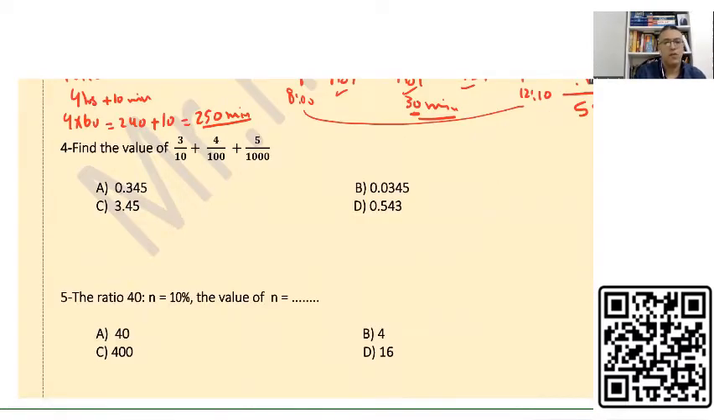Regarding question number 4, find the value of 3 over 10, 4 over 100, 5 over 1,000. So I have the decimal point, then 1, 2, 3. This is out of 10, so I put the 3 here. Out of 100, so I put the 4 there. Out of 1,000, so it's 0.345. So the right answer is